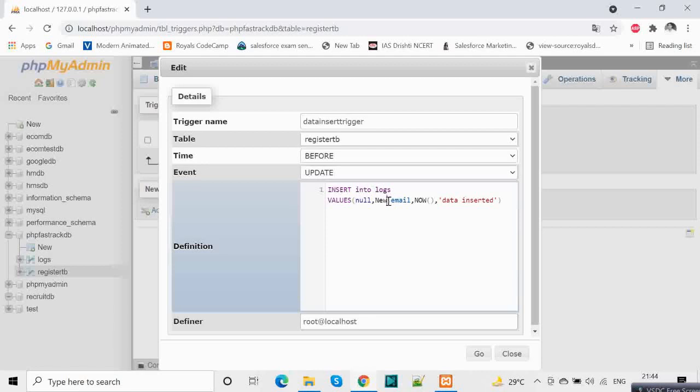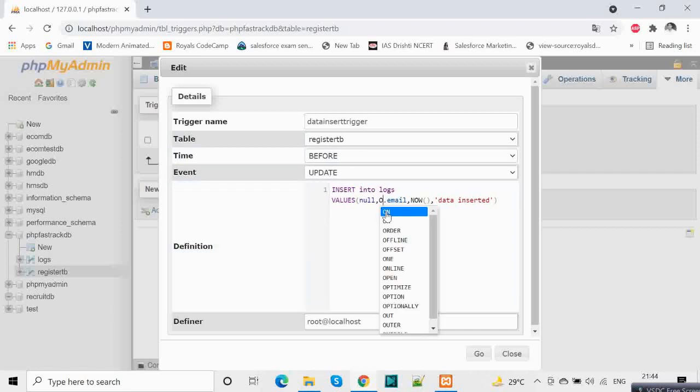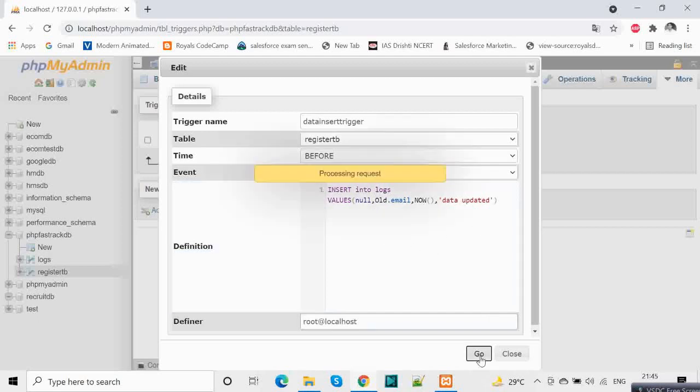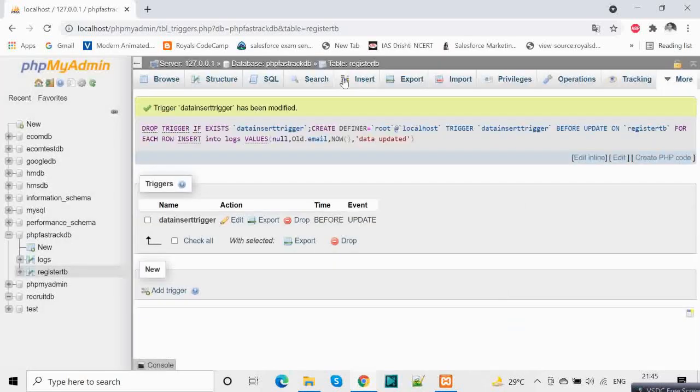Since we are using before in this case, this will be old. So we want the old email and who made these changes, into the record. So data updated, in this case we need which user updated, the email ID we need, the timestamp when it was updated, and all these things.